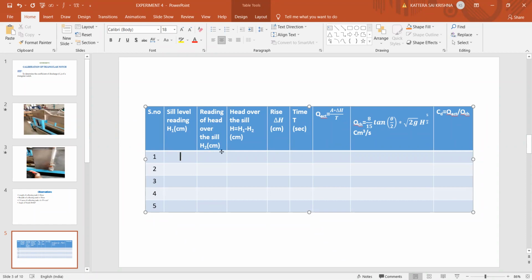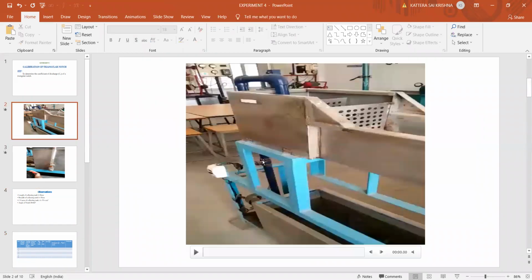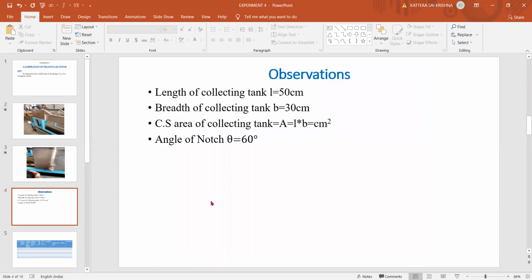The only thing that will change is, when we regulate the valve of the pump, the water level above the sill will increase, because as the water flow from the pump continuously increases, we are going to regulate the valve for 5 readings. So for the first reading, the water above the crest will be assumed to be a 1 centimeter rise for the first flow rate. Next, if we increase the flow rate with the valve here, the water height will increase, and the difference of water above the crest, above the sill level, will be 2 centimeters. So depending upon the regulation of the valve, you will get the height of the water over the notch. So that will be our second tabular reading value here.